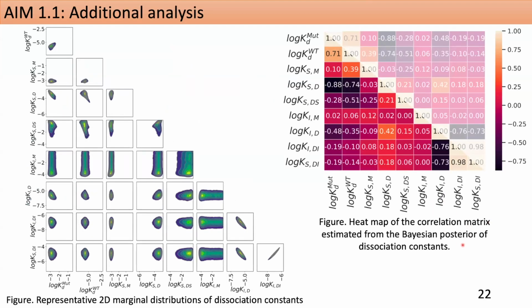And we can also look at the correlation between parameters. If these are highly correlated, that means that when this parameter is low, then this other parameter is also low, and vice versa. There are also negative correlations, meaning that the data can be fit by sets of parameters where this is high and this, ki, is high and log k SDI is low, for example. But many of these parameters are fairly independently known from each other.